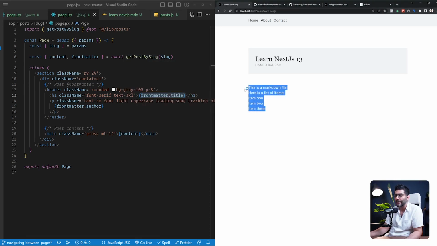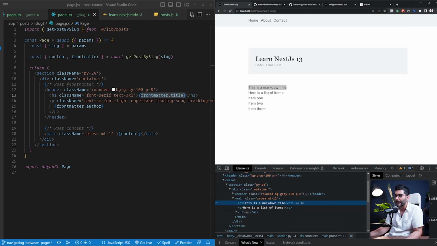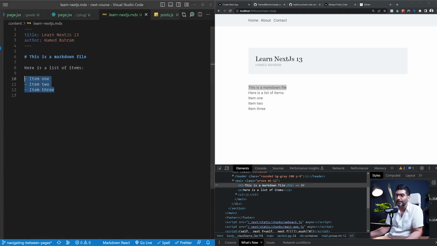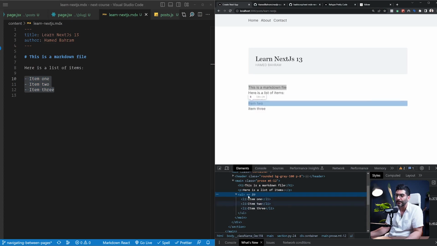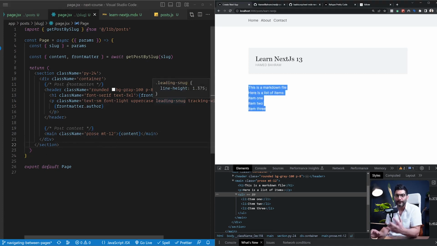Now if we wanted to actually style them, because right now this is an h tag but it doesn't look like an h tag. If I open up the console, you can see the markdown is actually correctly parsed into the correct HTML tag. So this is an h1, and for this unordered list that you can see in the markdown, we are rendering this unordered list over here, but they're not actually styled. Now something that you can see here on my main tag is this prose class. This is a Tailwind class that you can put in for styling such markdown files that's coming from a source that you don't control, or you can just dynamically